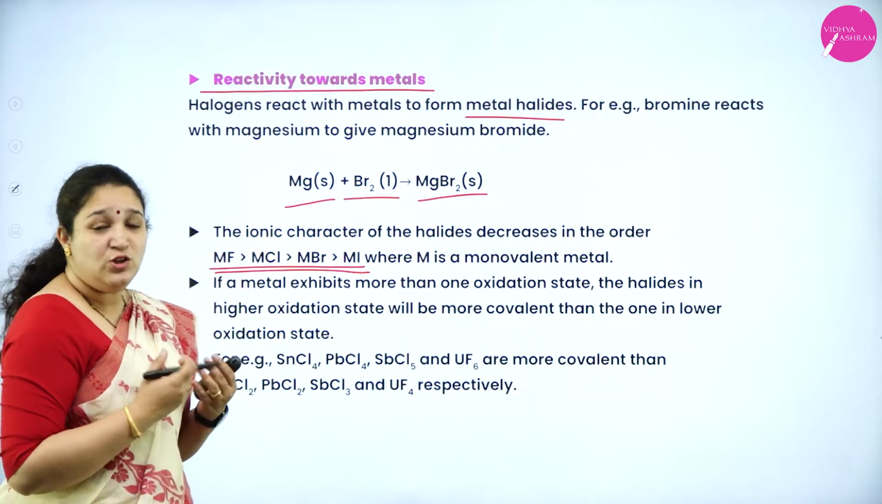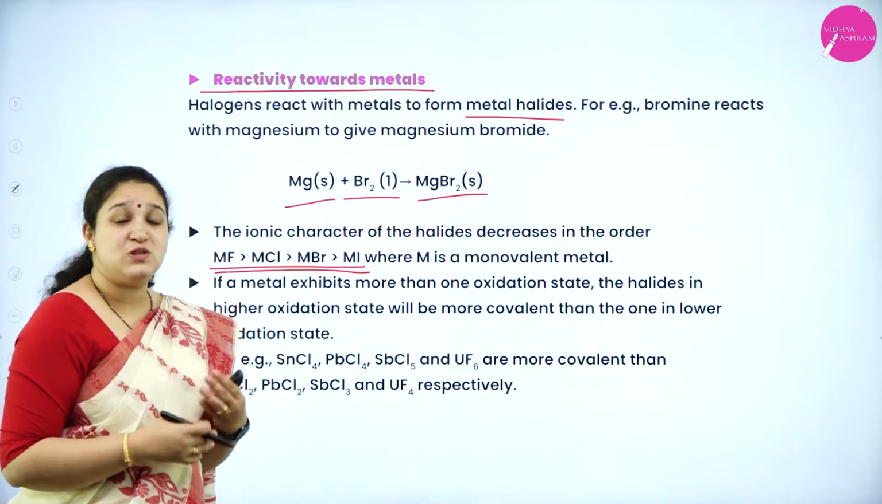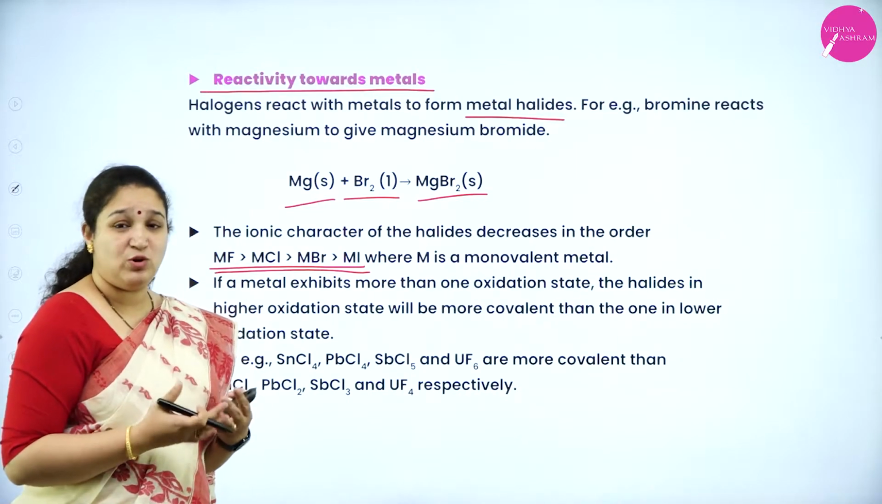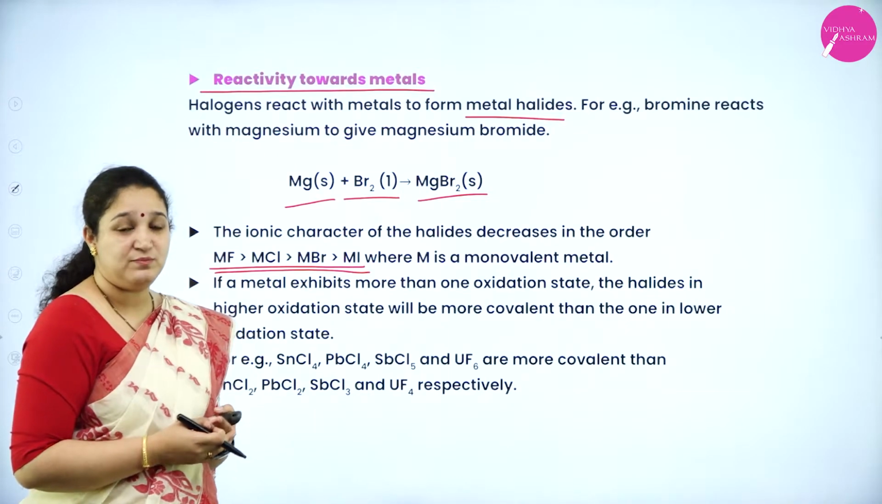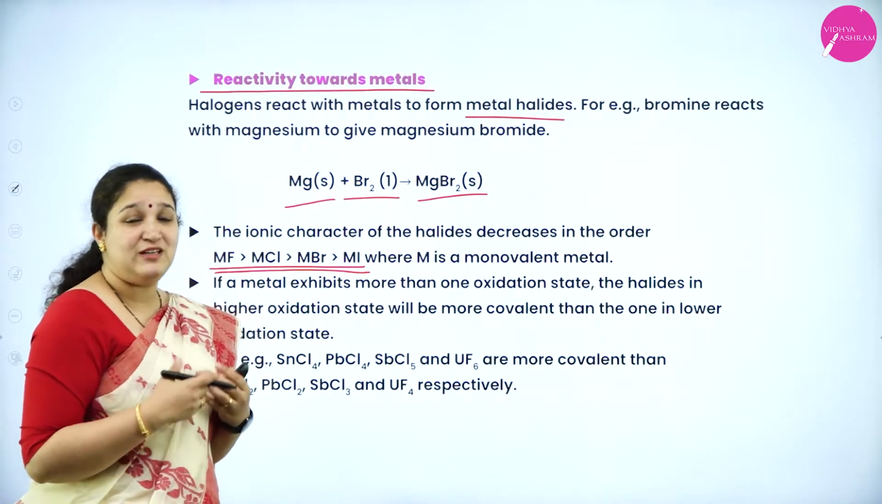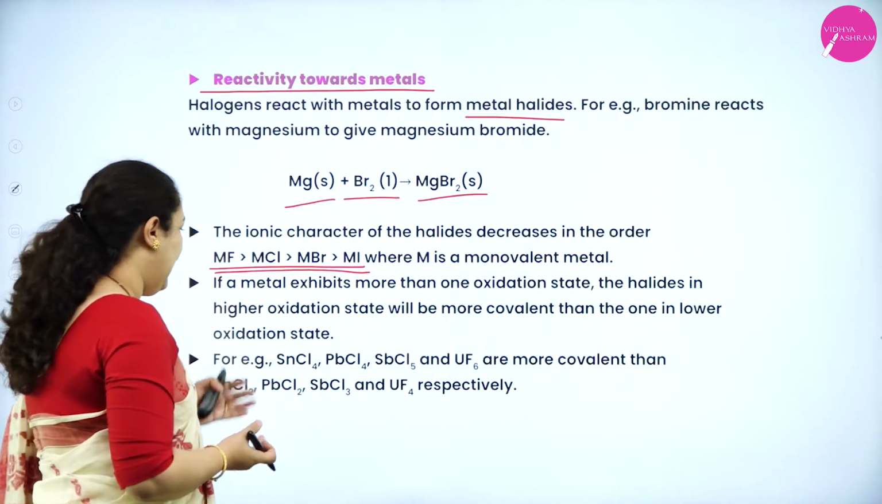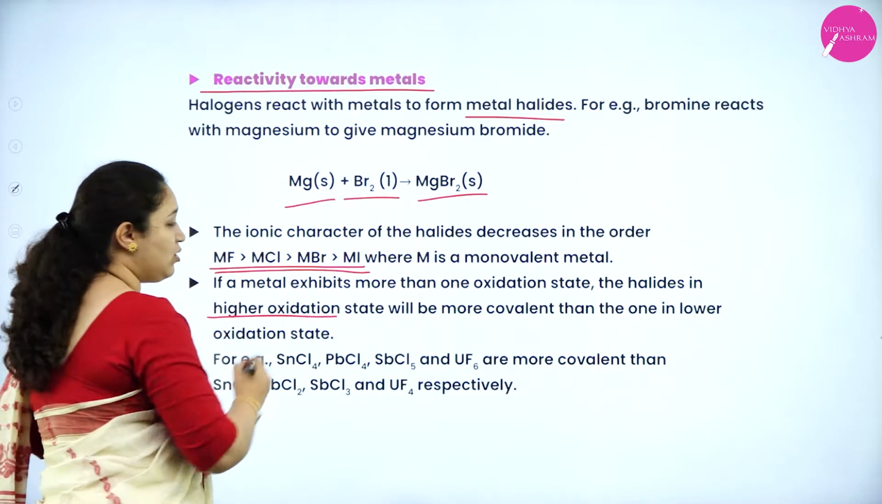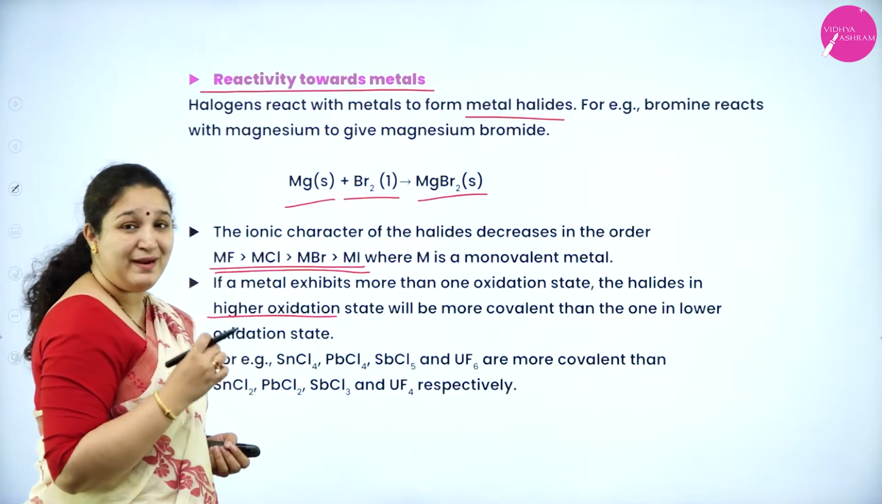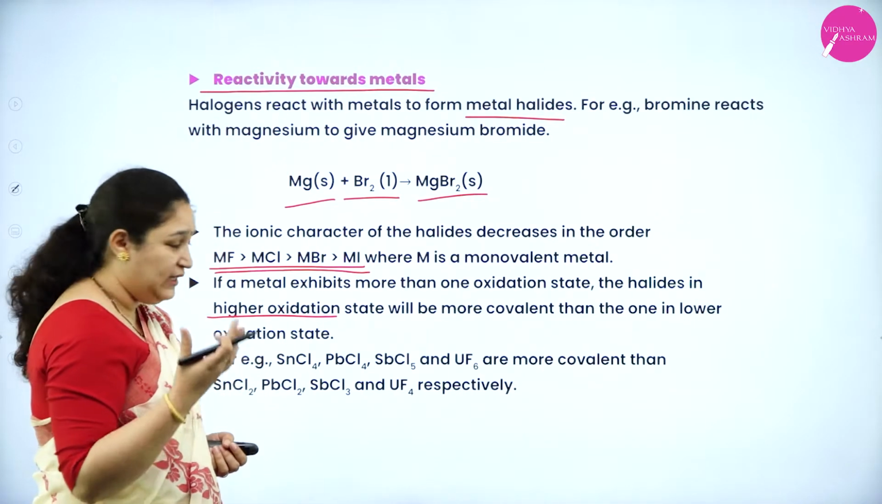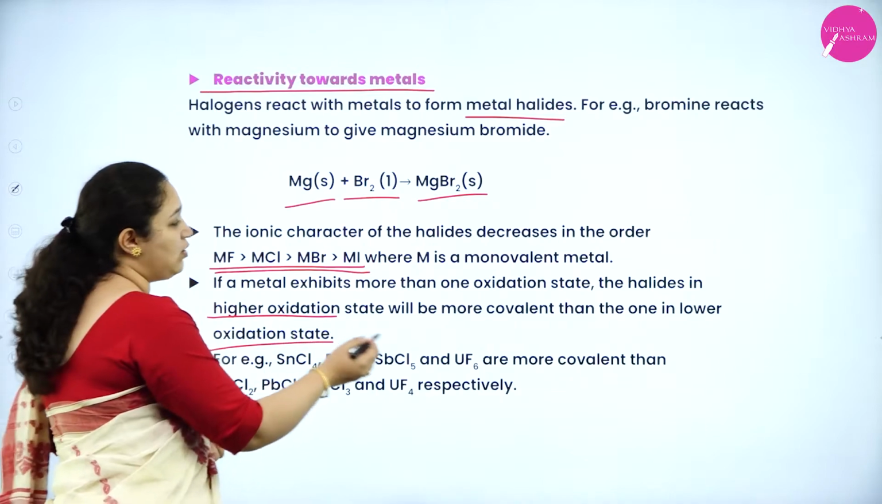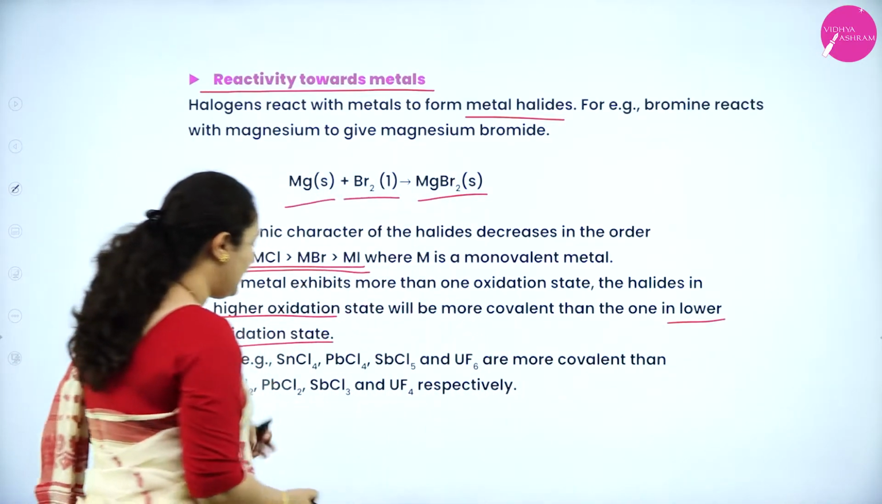metal. Now for example, if a metal shows multiple oxidation states, we know that a metal can show +2, +4 different oxidation states, isn't it? So if the metal is showing different oxidation states, then the metal halide with the higher oxidation state is more covalent than that of the lower oxidation state. You can see here